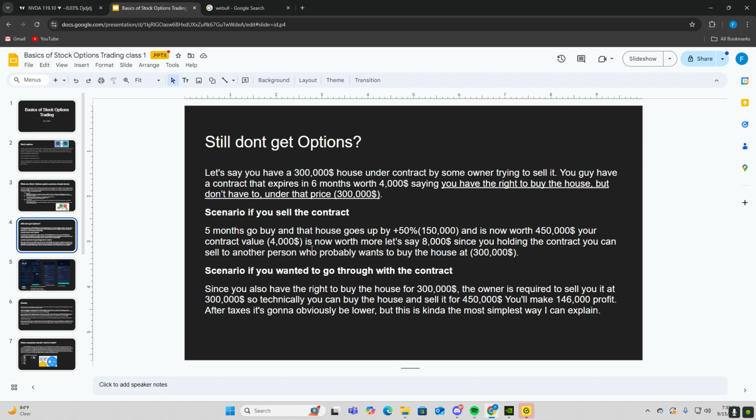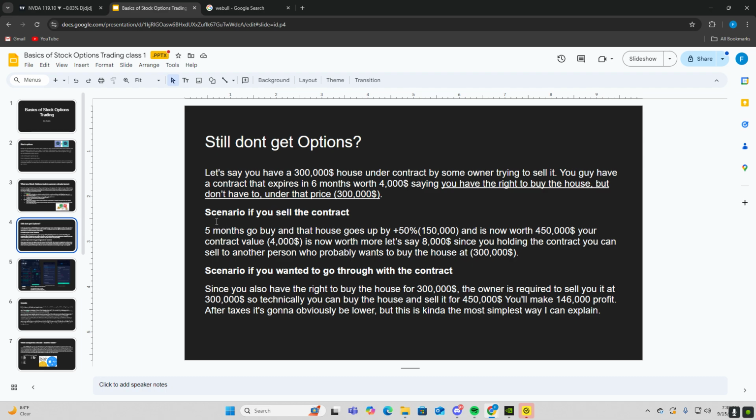Since you're holding that contract, you can sell to a person who actually wants to buy the house at 300,000. So say you don't have 300,000 in cash, right? Say you don't have that, but someone else does. So you could actually sell the contract, since that contract you're holding is the owner agreeing to sell you that house at 300,000, and since it hasn't expired yet, you could still buy the